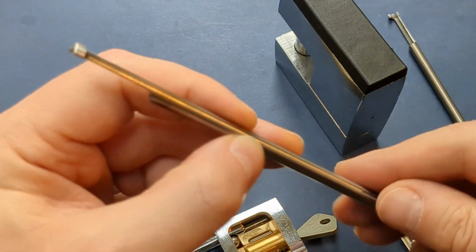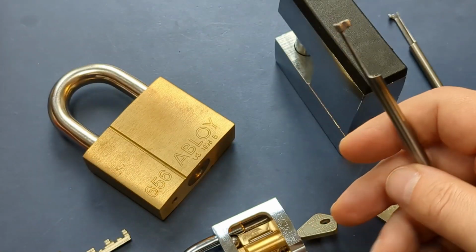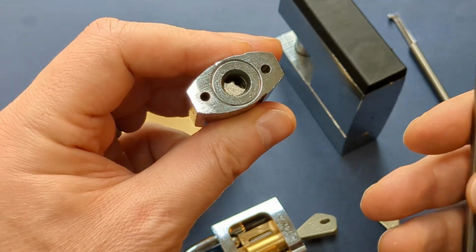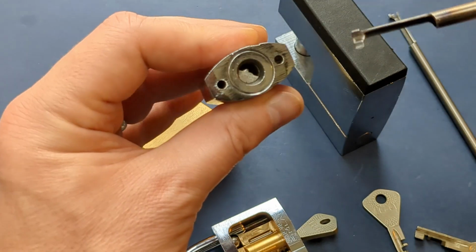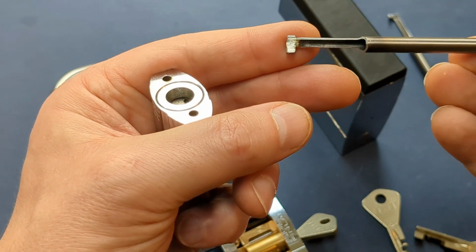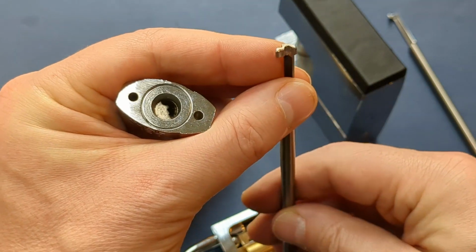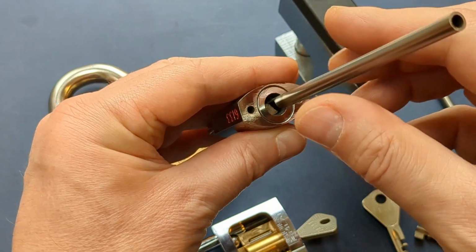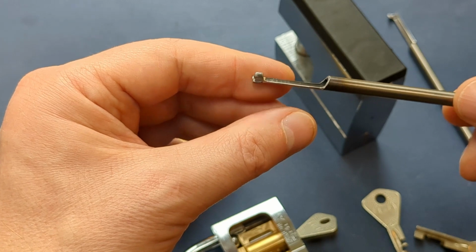And then finally, I've also got this. So this is designed like I could use the sort of pronged tensioner on this lock with the left-hand warding, but only if it's got the double plate at the back. So I've made this, which does a single disc tension at the back of a left-hand warded profile. So you can see that will go in there, and that will go all the way to the back of there, no problem. And this is made, again, from a 6mm sleeve,